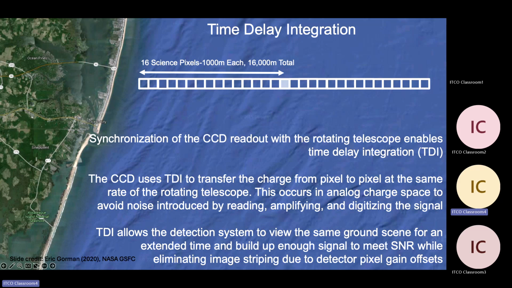This is the bit that is really interesting. It's called time delay integration. You have 16 detectors across the field of view, and what happens is as the image is scanned,